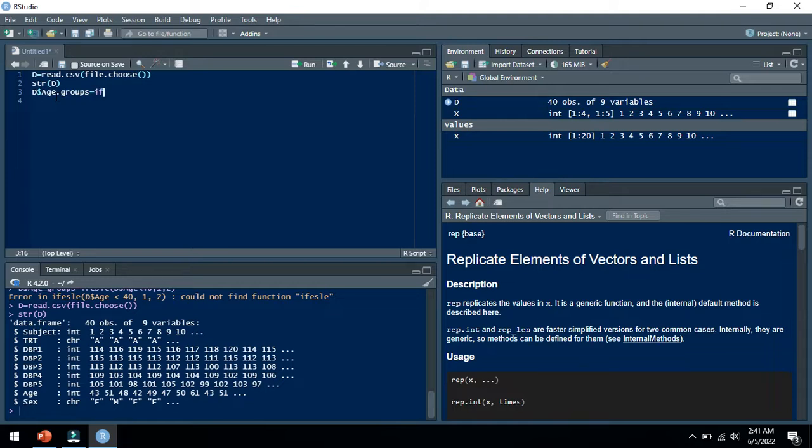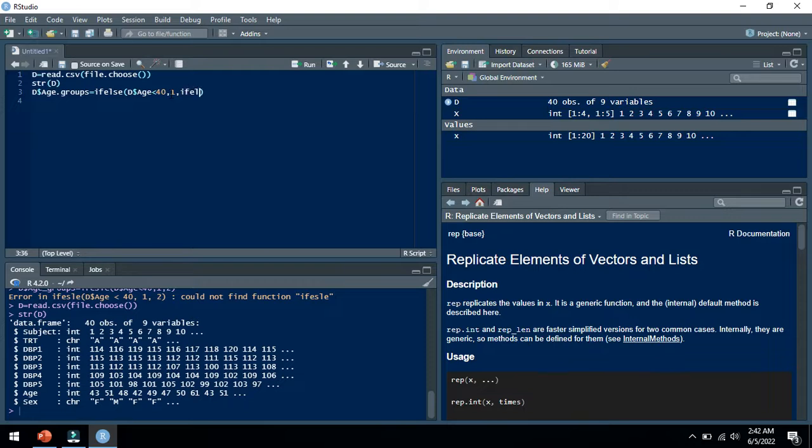So I will use the command if-else and give the variable data age. If this variable has a value less than 40, the new variable, which is age group, will possess a value 1, and